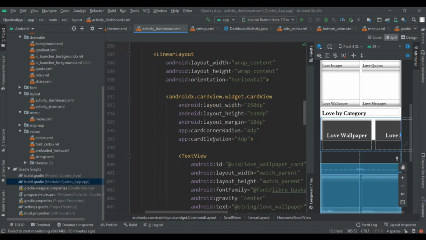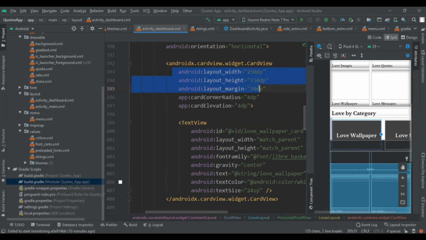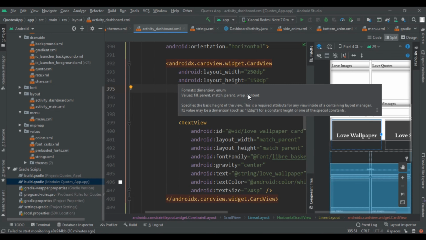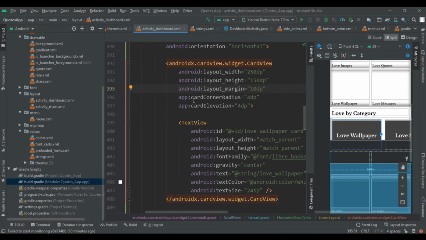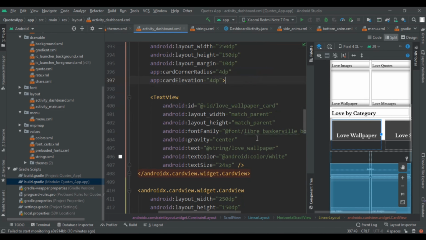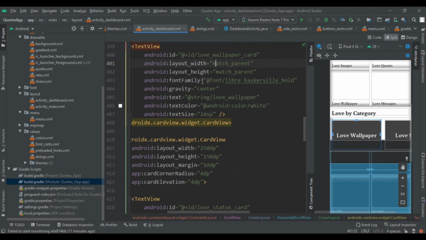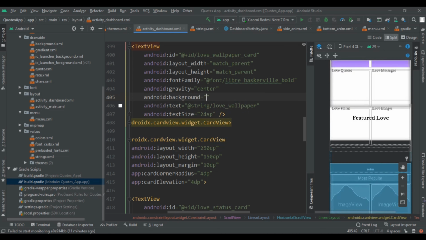You can see that this is the card view, and here we had aligned the width, height and margin as per our need, and given its radius and elevation of 44 dp, and then given its id to identify it in the Java code, and given its width and height to be match parent, and the font family is what we are using only, but just add one background color. So the background will be gradient.